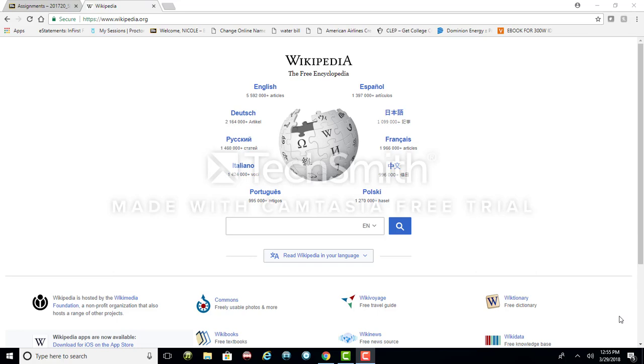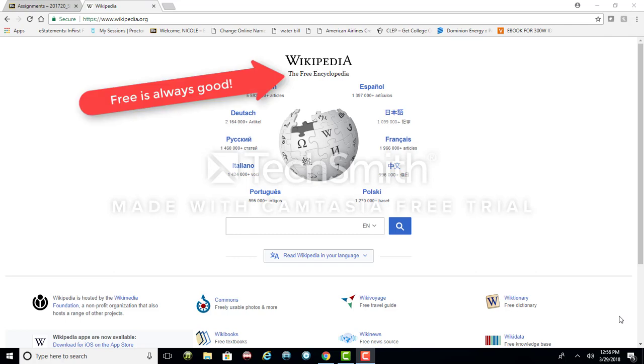Today I am going to be talking about a subsection that can be found in Wikipedia. The majority of you guys know what Wikipedia is, but for those who don't know, Wikipedia pretty much is a free encyclopedia. So what that means is anyone that has access to internet is able to edit anything that is originally